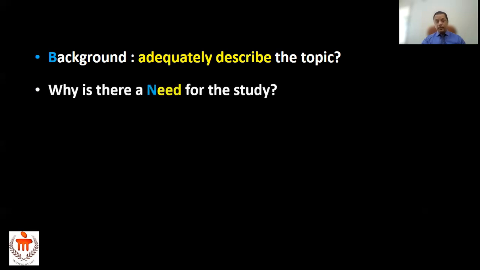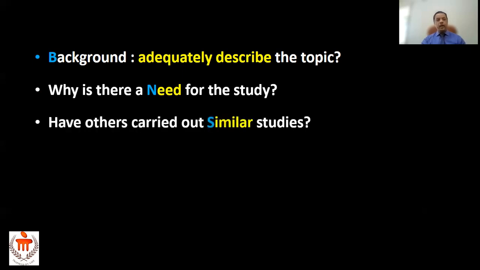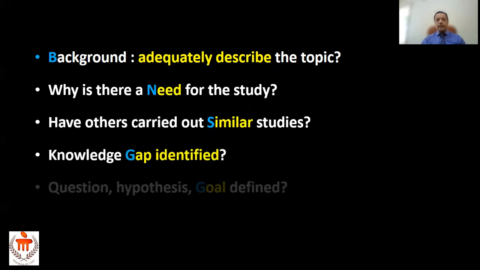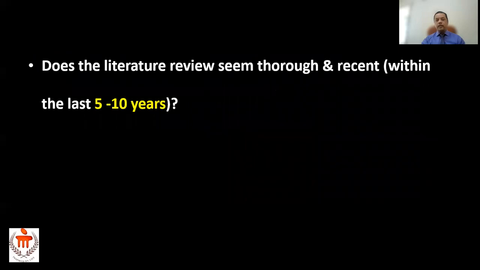which is the most important, the soul of the manuscript itself, as to what is your research question or hypothesis, and have others carried out similar studies. One or two major references should come here in the introduction part, and you have to identify the knowledge gap, or what is the need for the study itself, and then formulate your research question or hypothesis or your goal itself. So that forms the introduction, and then that literature review should be quite thorough,